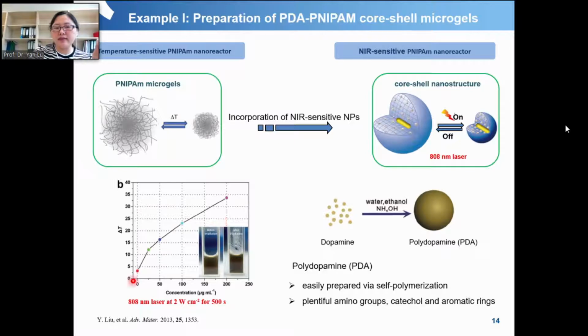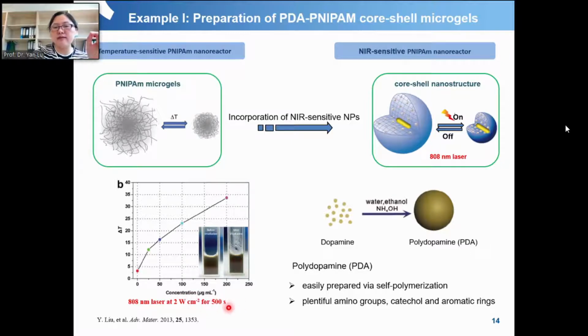And you can see, of course, at different concentrations of the particle, when you switch on the laser light, here they use an 808 nanometer laser as a light source, under constant intensity,